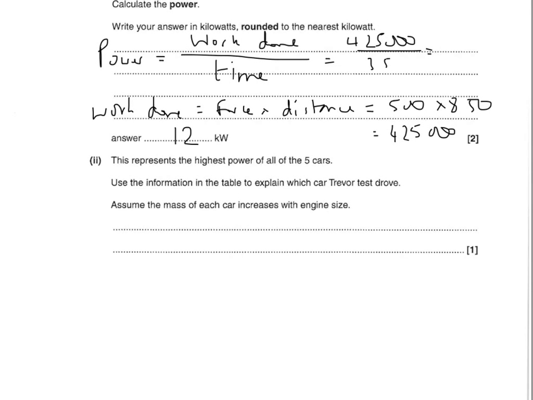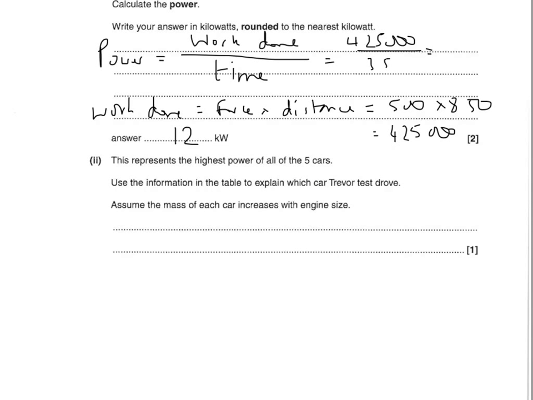And it says this represents the highest power of all the 5 cars. Use the information in the table to explain which car Trevor test drove. Assume the mass of each car increases with engine size. Now notice that the question says to explain, so you can't just choose the car, you have to explain which